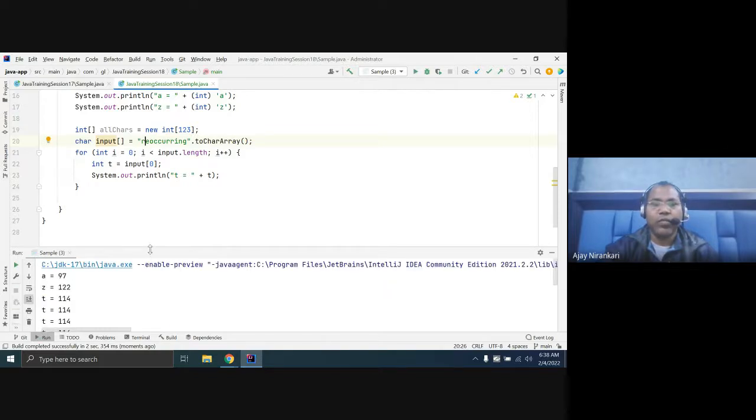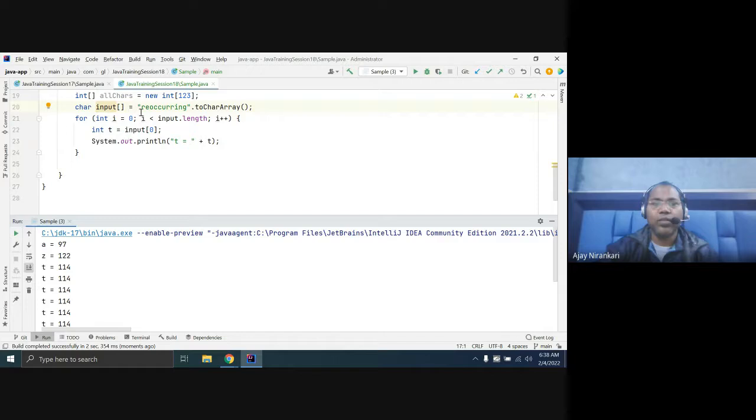Here you notice we are able to print all the positions R.